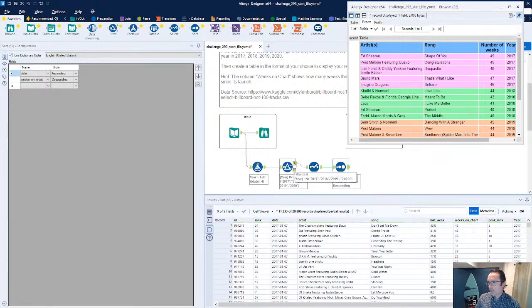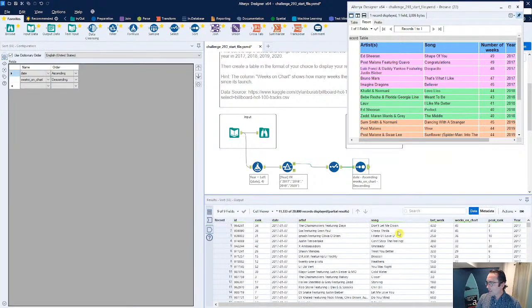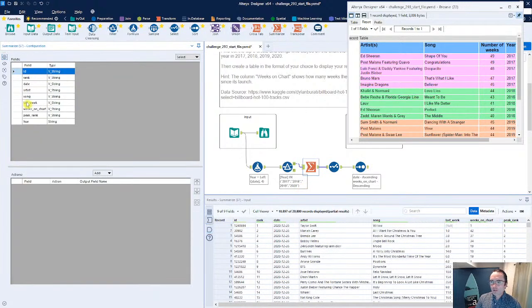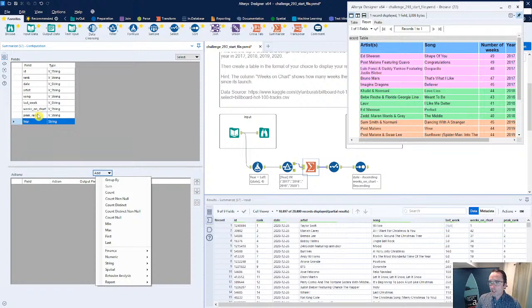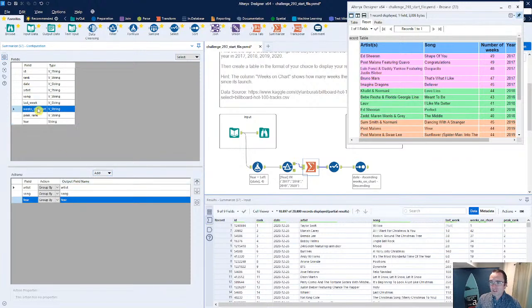What I'm not doing, though, because I did do that little filter, what I need to do now is actually a full-on summarize at the end of this, because I need to do essentially a group by on that song, and then summarize on group by on year, I'm guessing on the artist, song, and then summarize the actual weeks on chart. So let's try this. Let's try a little summarize here. Let's do a group by. I'm going to do a couple of things. Group by, what did I say? Year, artist, song, just as a start, just to see what happens.